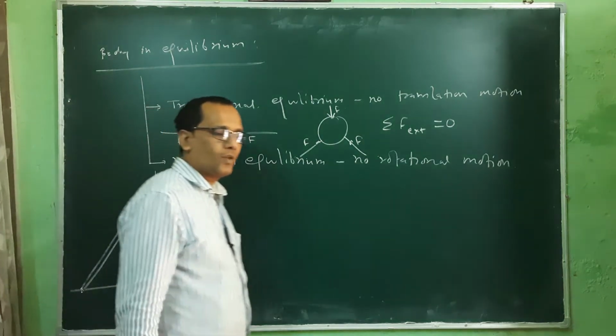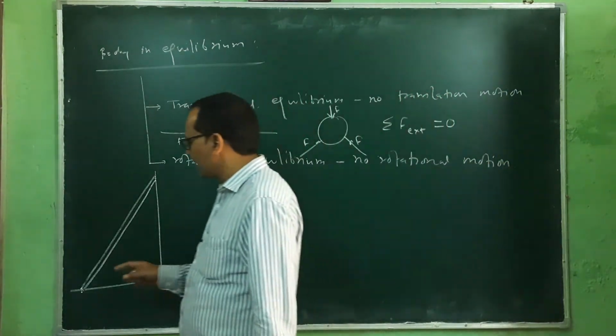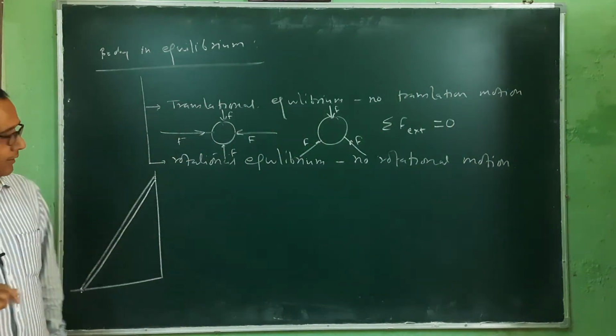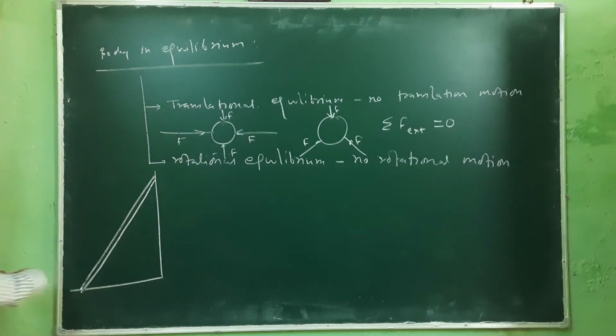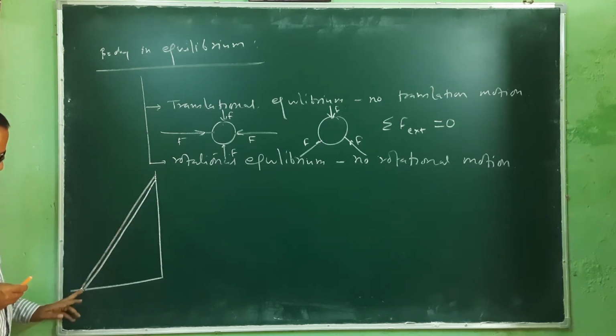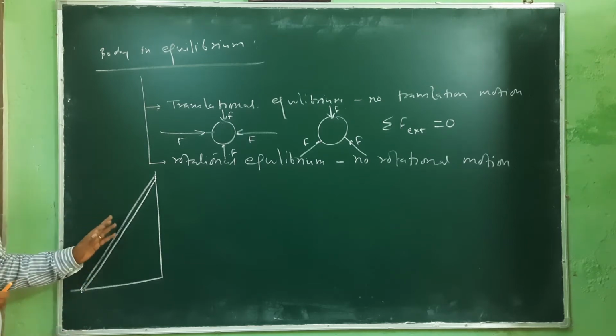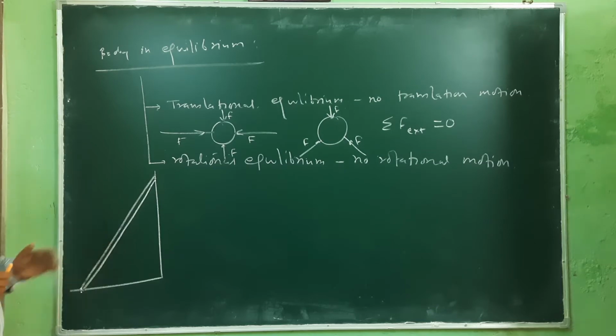And this is our daily life experience. If this angle is not properly positioned, then it can slip. And if we want to avoid this slip, then the proper force and the frictional force must be balanced. It means this must be in rotational equilibrium. And how is it possible?